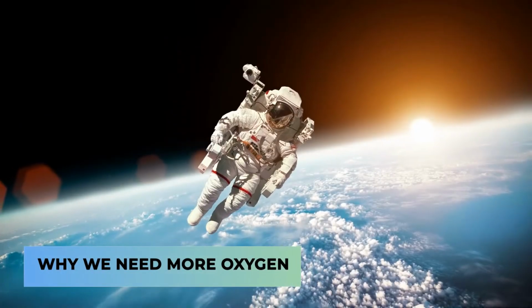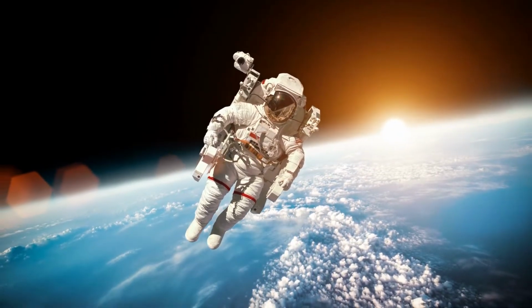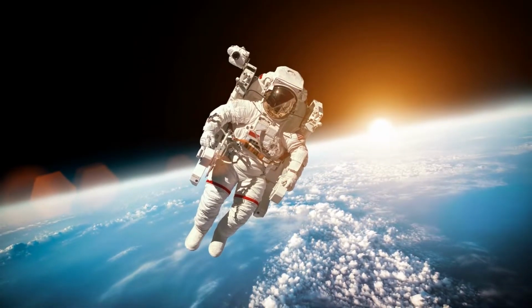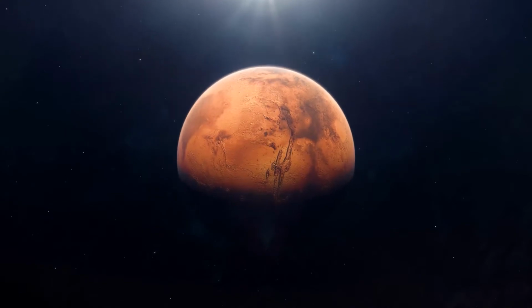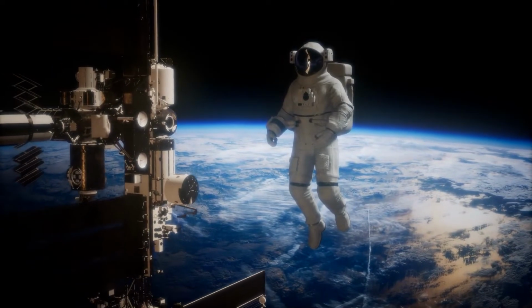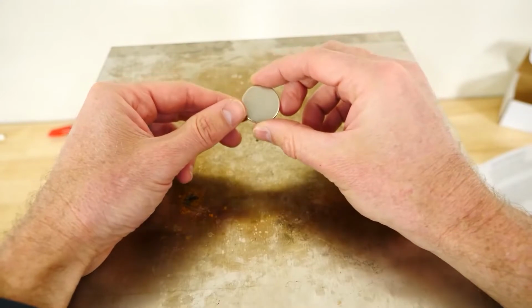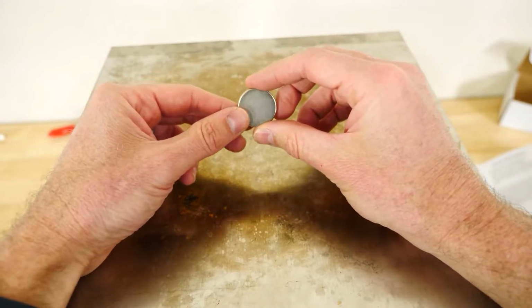First off, why we need more oxygen. Making enough oxygen for astronauts to breathe in space is a tricky affair, but that is only set to become tougher as we venture to Mars and probably even beyond. Now, researchers have found a brand new method of making oxygen for astronauts using magnets, according to a statement by